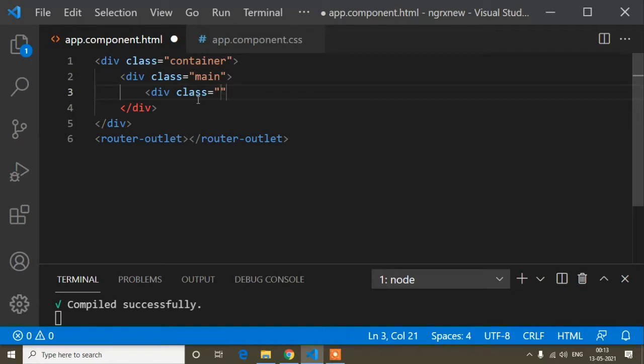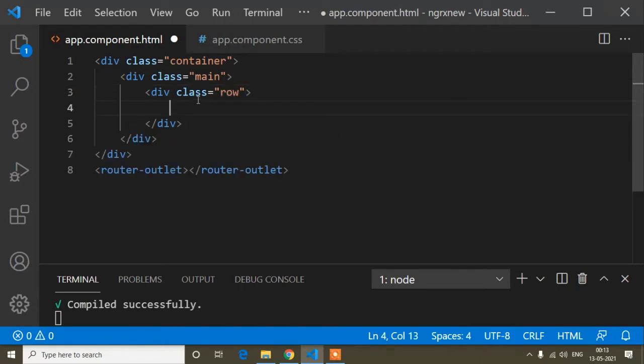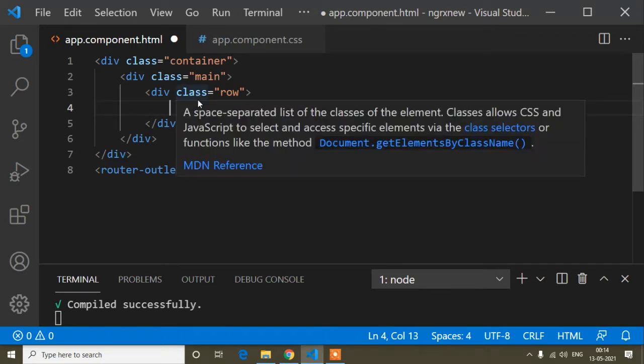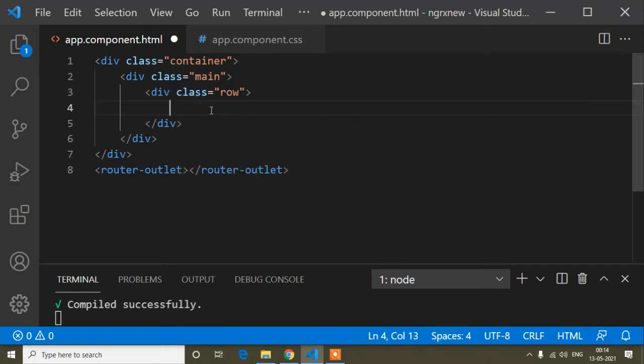Now here, a div with class row. Row and column are also Bootstrap classes, so you have to install Bootstrap CSS. You can check my Angular tutorial playlist to find how to install Bootstrap CSS in Angular, and after that you can use these two classes, container and row.